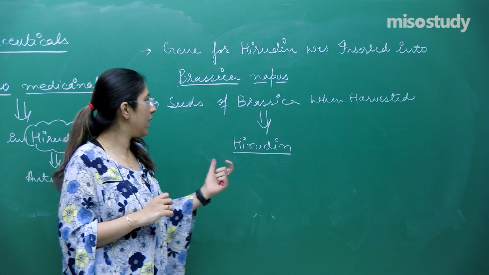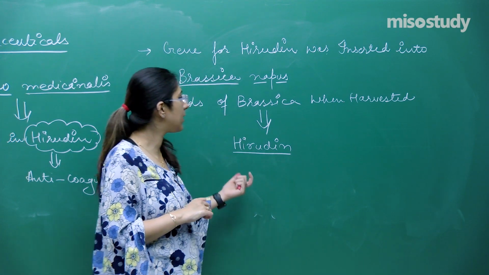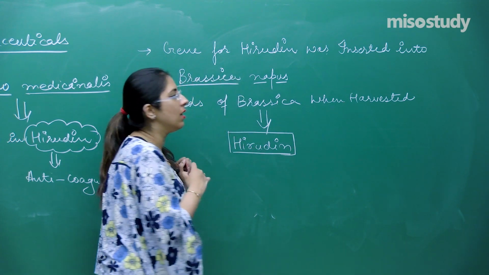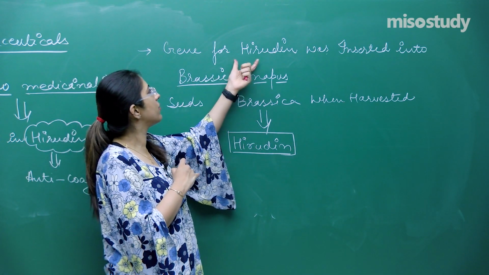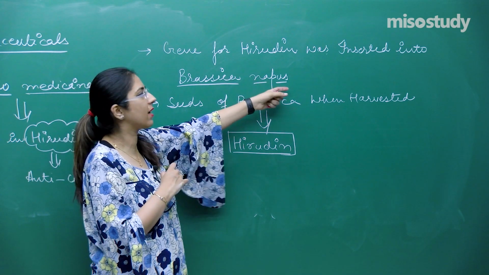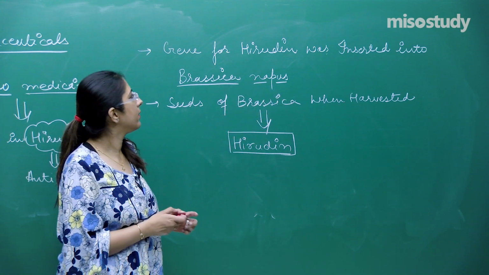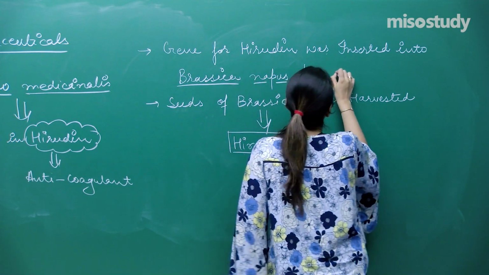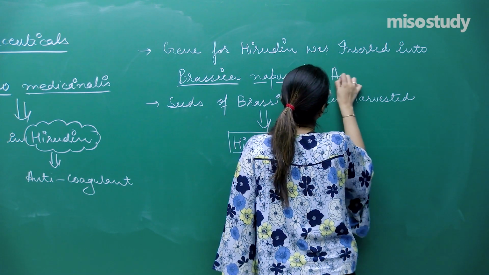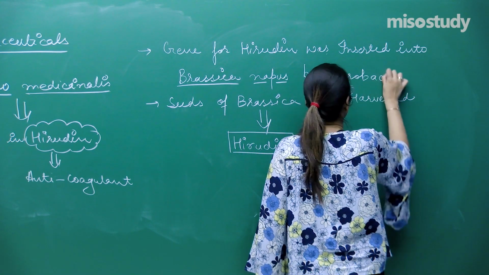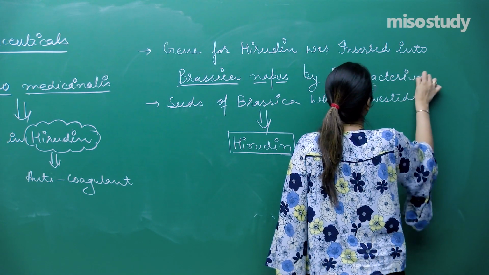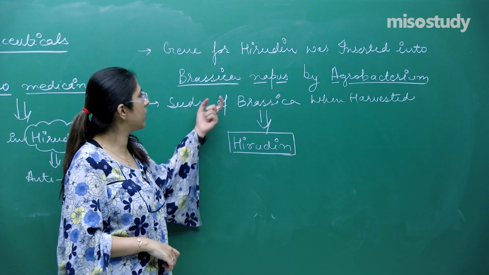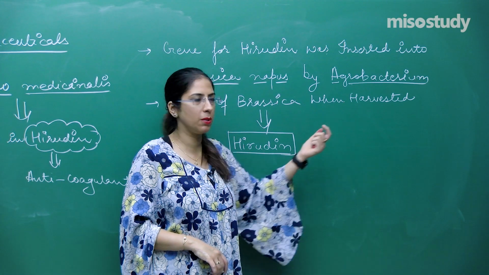This is the anticoagulant which is used at the time of surgery. It acts as an anti-clotting agent or anticoagulant, right? So this was extracted by the downstream processing, and in this case, when the gene was transferred to the Brassica napus, a vector was used. I forgot to write here, that was the Ti plasmid, or you can say Agrobacterium, right? Earlier microorganisms were used to culture this, but later on, when it was inserted into the Brassica napus, this was comparatively cheap, right?